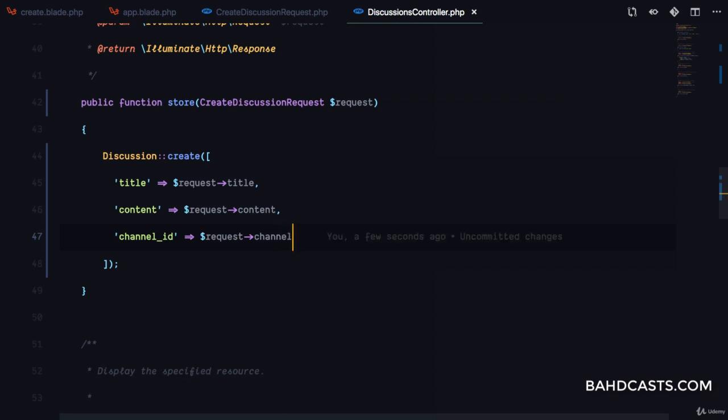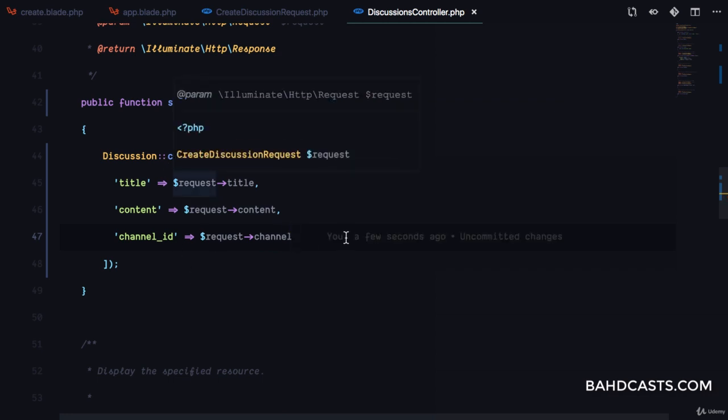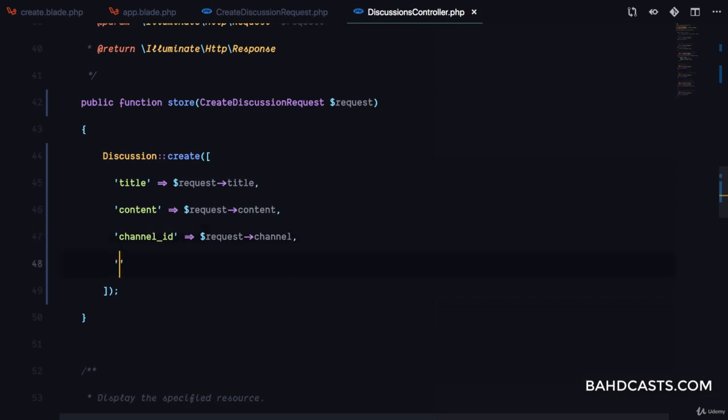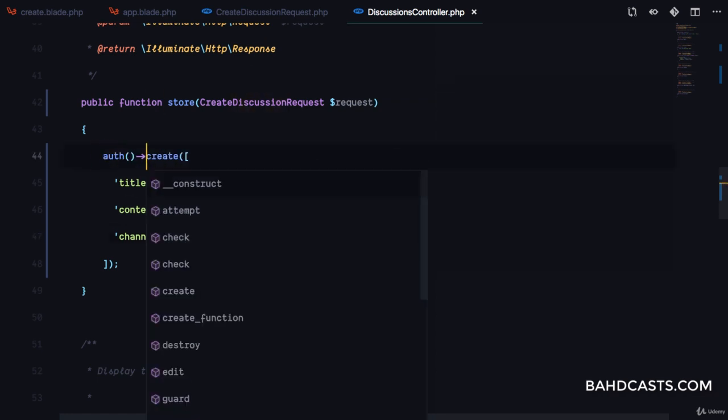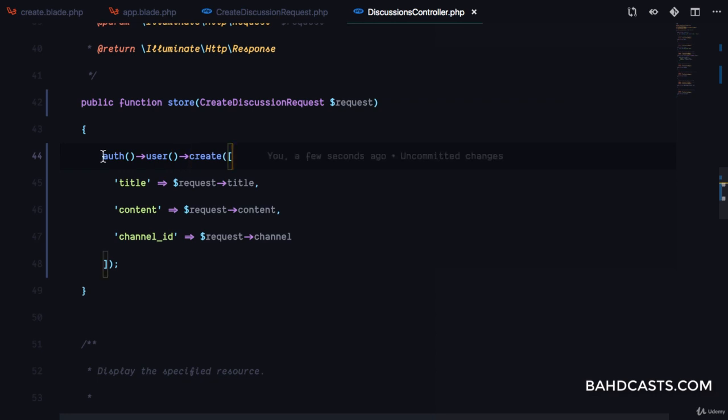But one more thing that is really important is the creator of this discussion, which means we can either pass the user ID right here so that we know the creator, or we can do something as elegant as this. We can do auth user create, and this is going to create a discussion for, we can do something like auth user, then we'll call a relationship called discussions, create. Okay, and the discussions relationship is a has-many relationship, so a user can have many discussions,